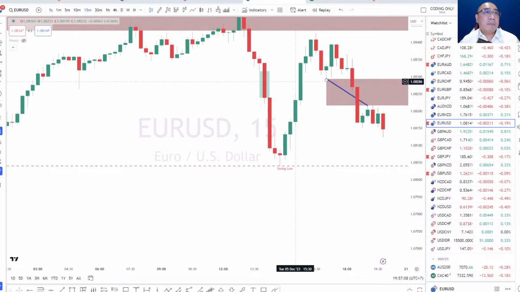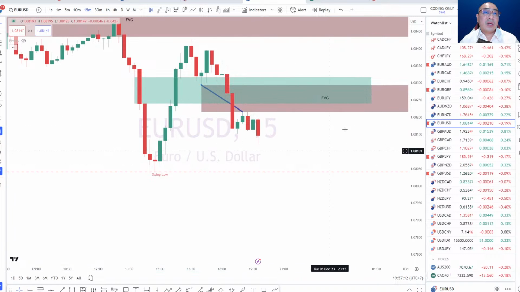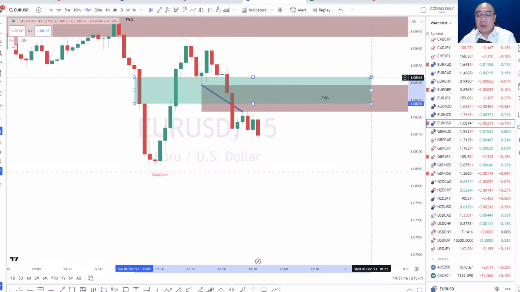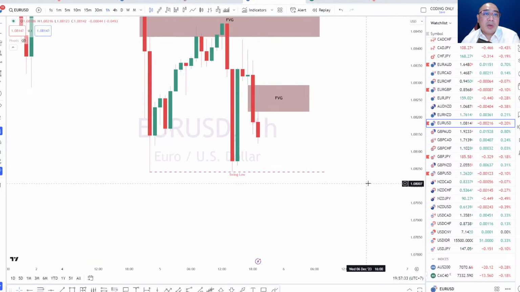That's a fair value gap. It overlaps. It becomes a stronger resistance. For this one here, it builds up at about 1.0825. So we can actually identify a lot of stuff here. So for the Euro USD, if you're thinking of going short, can we go short just on the logic behind the fair value gap? Ideally, it's actually safer if the Euro USD breaks below that swing low and creates a break of structure. It will become a stronger level.